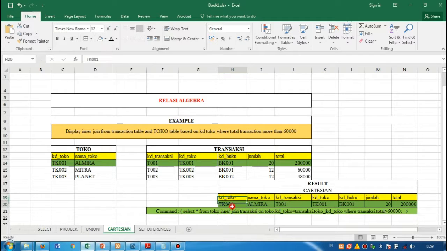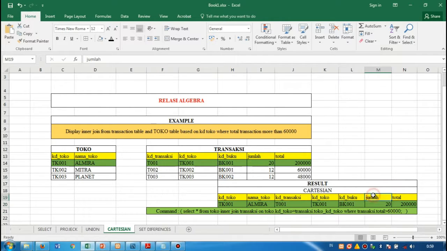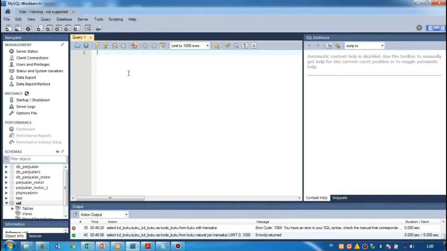Kode toko 001, nama toko Almira. Kode transaksi 001, kode toko 001, kode buku 001, and jumlah 20, total, and that's it. More than 60,000. So the example of Cartesian product,